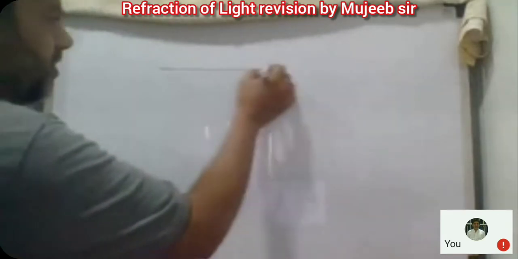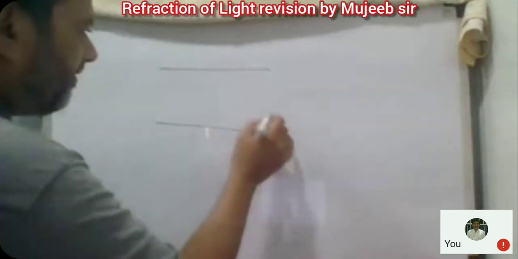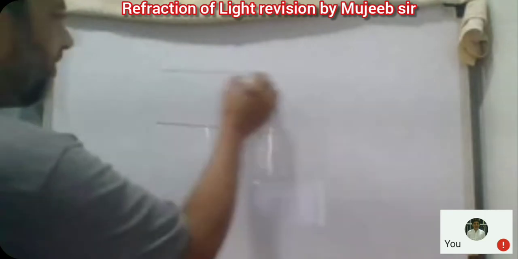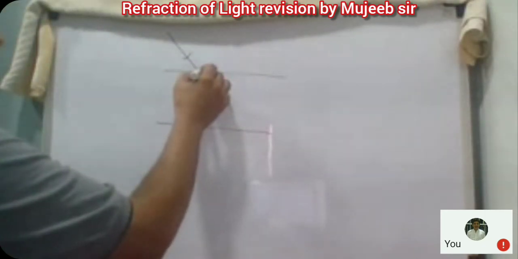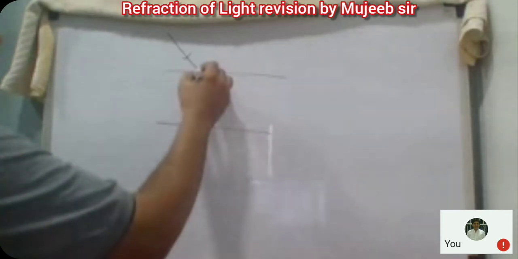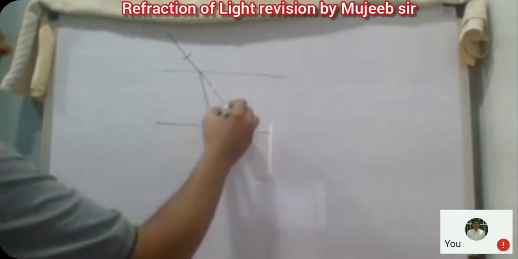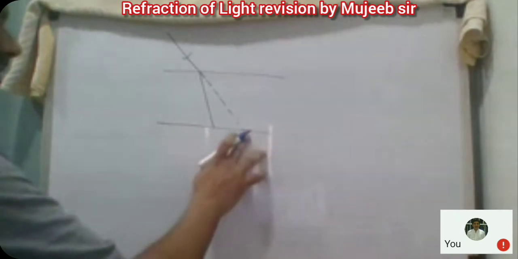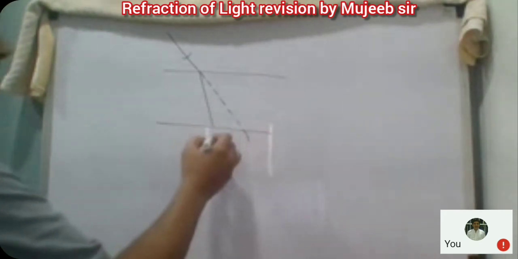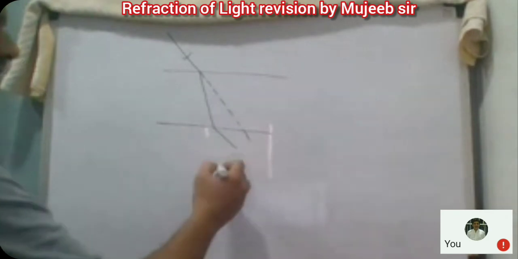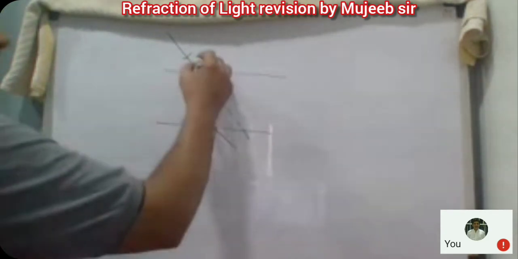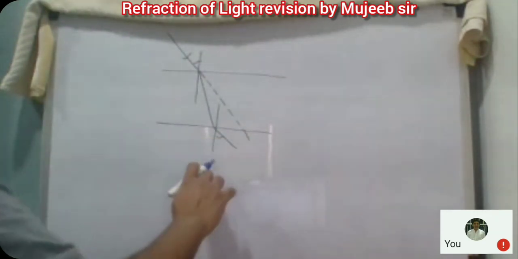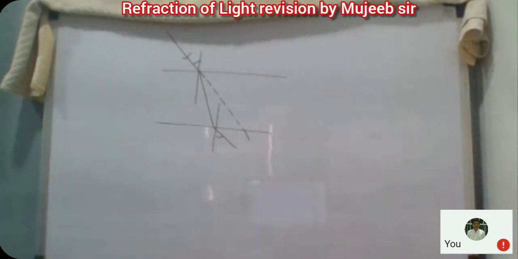Suppose this is one refracting surface and this is another refracting surface. At the first refracting surface, the ray of light comes and strikes over here. It was supposed to go over here, but it bends away from the normal in this direction. Then at this point, it bends in the opposite direction. If you draw two lines over here, you will find that these two angles are exterior. What do you call vertical angles? No, not vertically opposite angles.